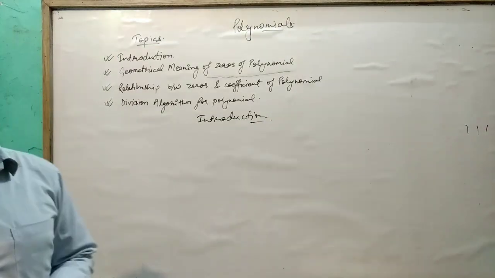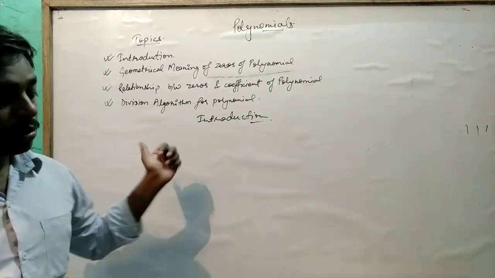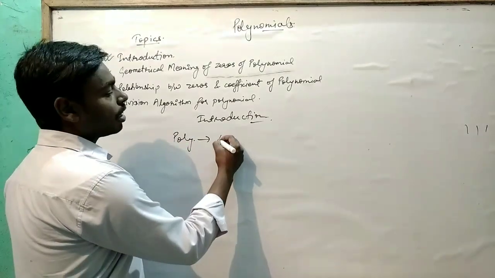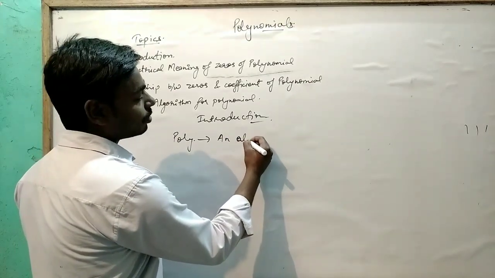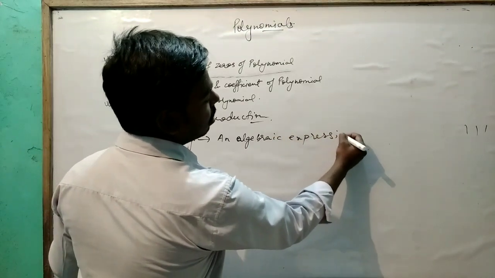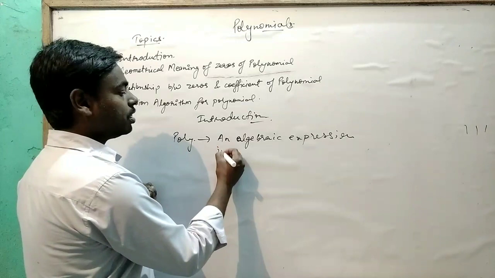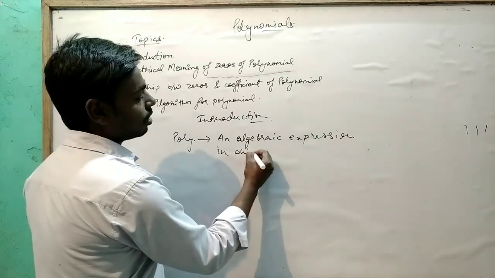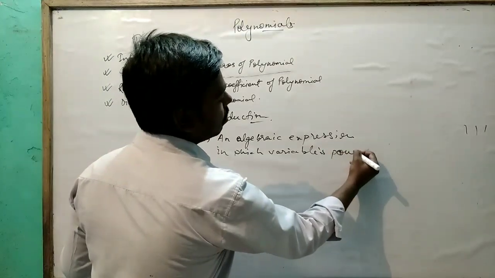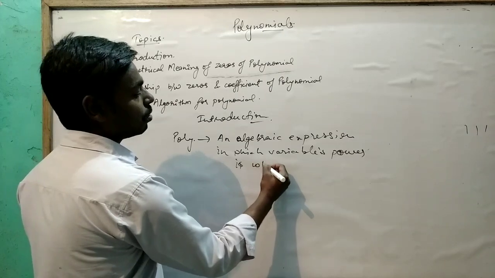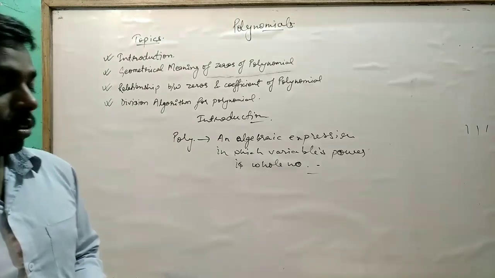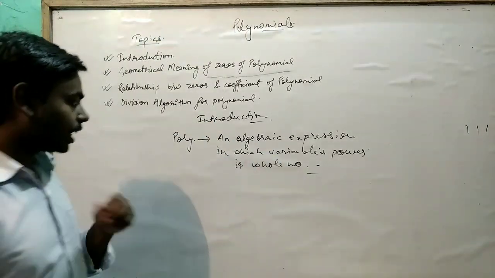In class 9 we also studied polynomials. What is a polynomial? A polynomial is an algebraic expression in which the variables' power is a whole number, is called a polynomial. For example